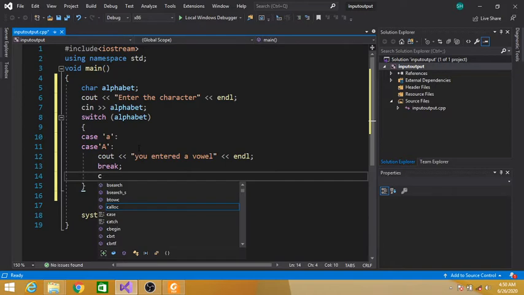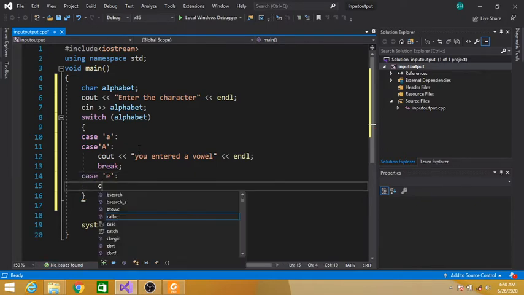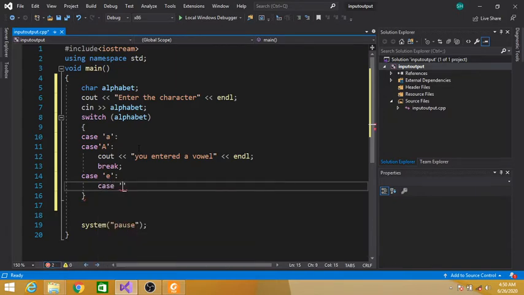Now case 'e'. Now we have to compare with E. Colon. You have to memorize the syntax: case, then any constant, and then colon. This is the syntax of the switch statement. You have to memorize it.